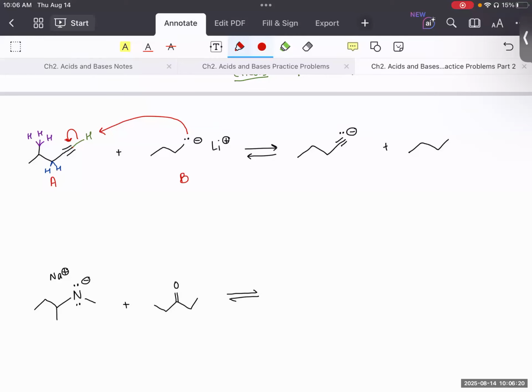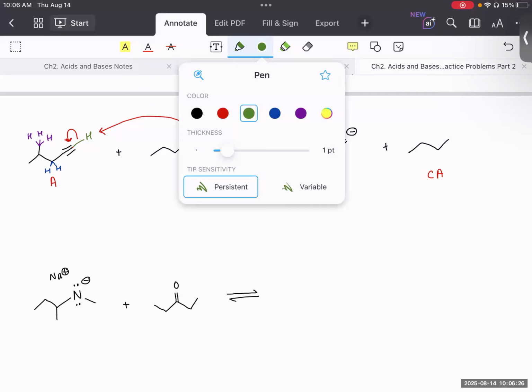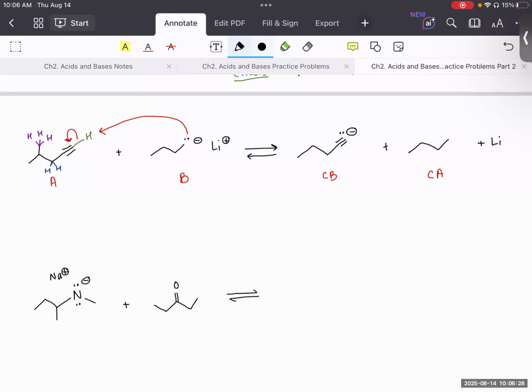All right, next we can label our carbon conjugate base and conjugate acid. And then we also have this lithium that nothing changed with that one. All right, now to determine which side equilibrium favors, we would compare the base and the conjugate base to determine